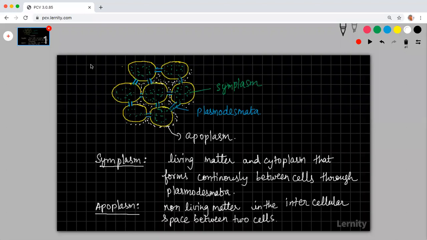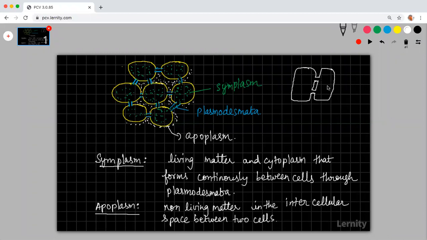The tube which is connecting plant cells is not exactly a tube. It is like some kind of opening. Here I have drawn it as a tube, but usually, let us say this is one plant cell and the other plant cell is associated with it, there is some gap, as in it is not connected. Rather, it is connected this way. You cannot call it a tube. It is like a bridge which is formed between two cells.